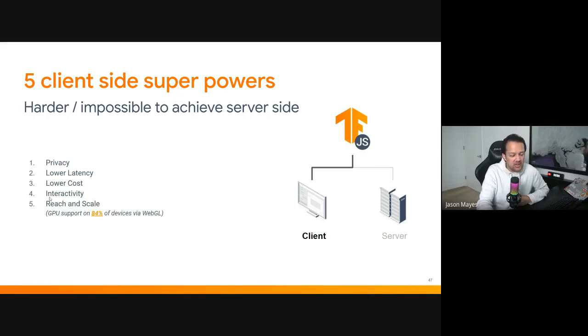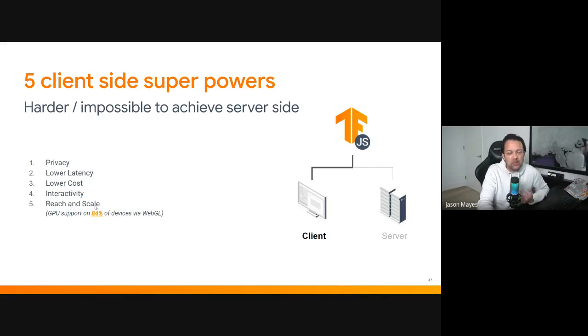Fourth point, interactivity. JavaScript from day one back in the 90s was designed about the display and presentation of information, and it's grown ever since then. And it's one of the richest languages for 2D and 3D graphics and even data visualization. And you'll find many of the demos I've shown you today, I was able to make in days, particularly hours, versus other languages, which might take me much longer to do so.